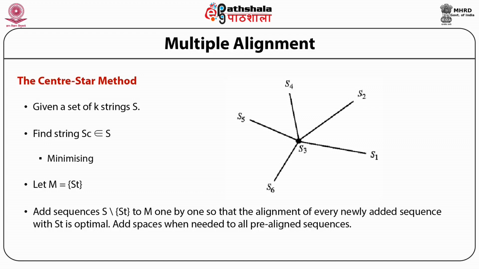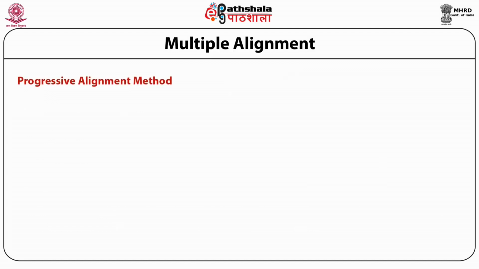Now of course you can do this in different orders. You can pick up the sequences in any order you like. The best alignment would be for a certain particular ordering, and that is the one which you have to find. The trouble with this method is that if you have a large number of sequences, there are a very large number of orders or permutations of those sequences. So therefore, while this technique is good, it becomes quite difficult to implement in real life cases. Another approach of doing it